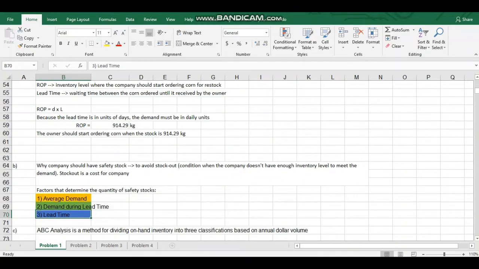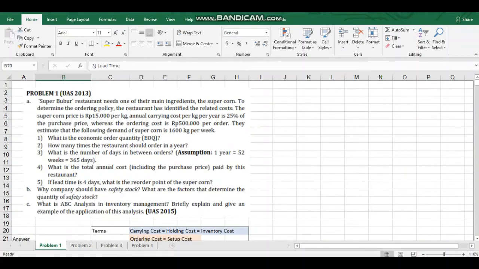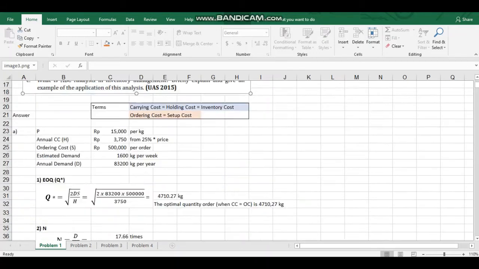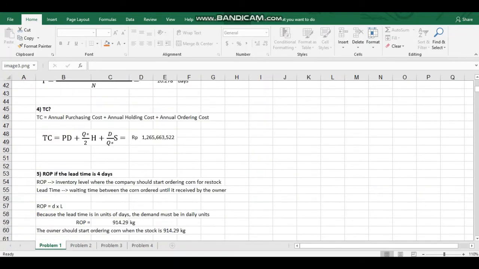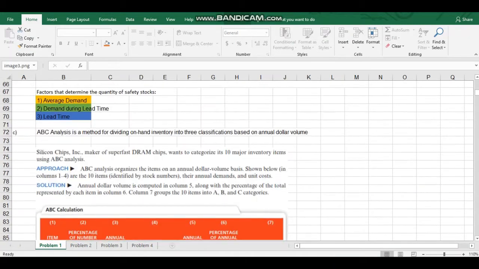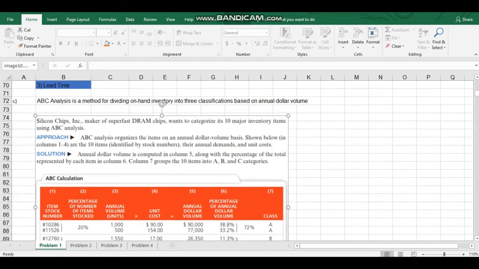Okay, next question, point C is what's ABC analysis in inventory management, and we have to explain it briefly and give an example of the application of this analysis. So this is actually in your book, but let's discuss it a bit. So actually ABC analysis is a method for dividing on-hand inventory, which is inventory that we have,